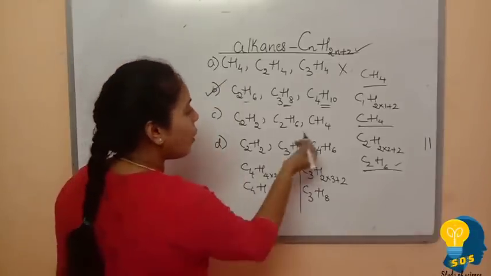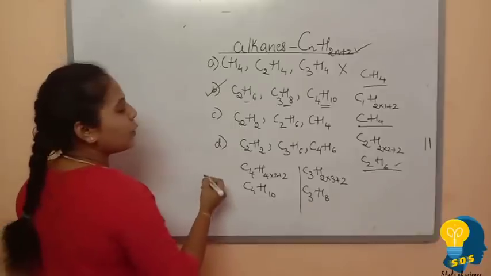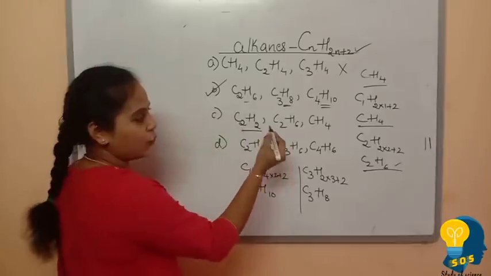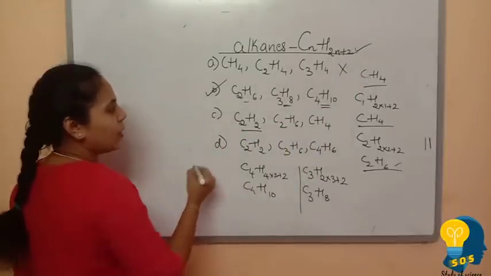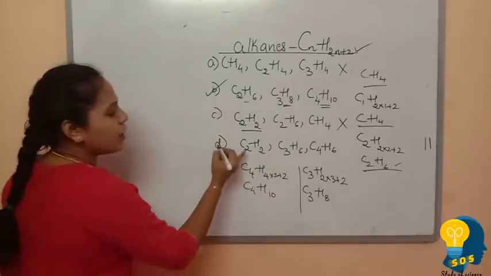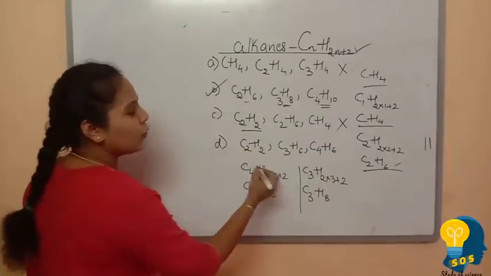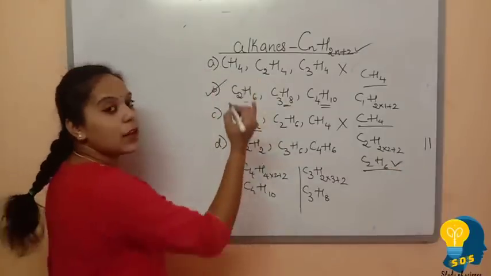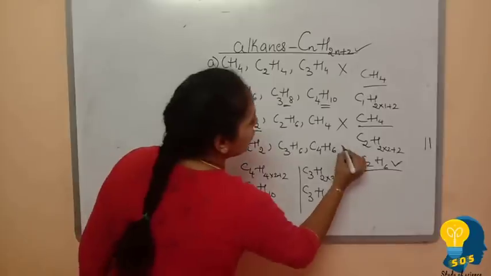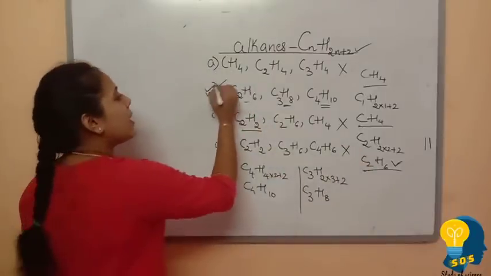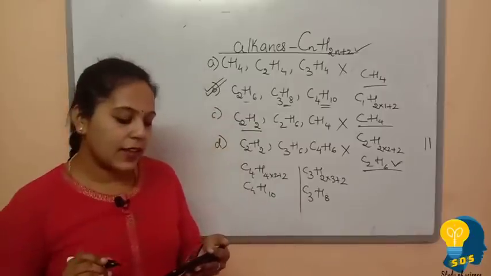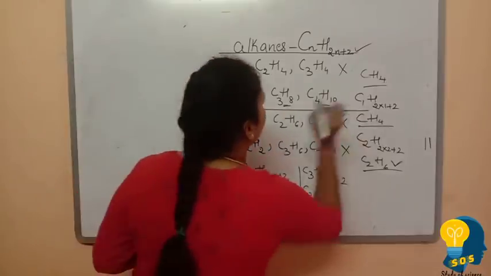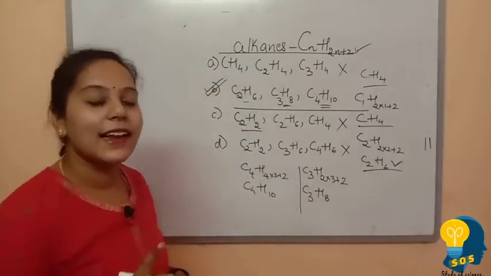Let us now check why not option C and option D. See, when we substitute N is equals to 2, we have to get C2H6. But here there is C2H2 according to the alkanes general formula. So this option is not correct. So similarly, option D also have C2H2 as the first one, but our answer should be C2H6 if we substitute N is equals to 2. So this is also not the correct answer. The correct answer is option B. The question which they have given is the correct group of saturated hydrocarbon. So the correct group of saturated hydrocarbon is option B. Option B is the correct answer.